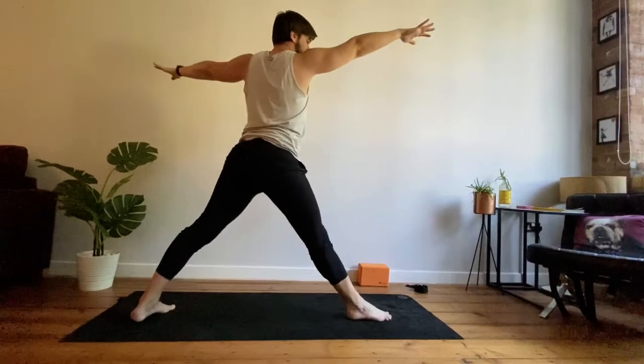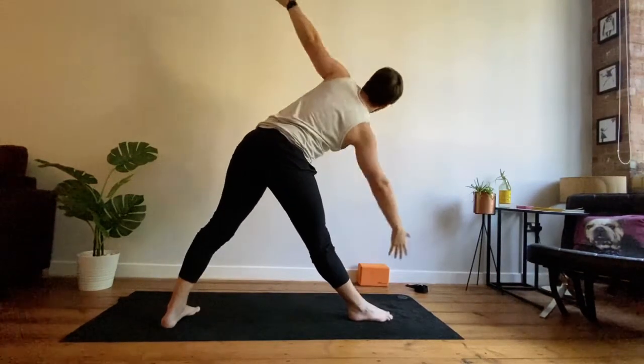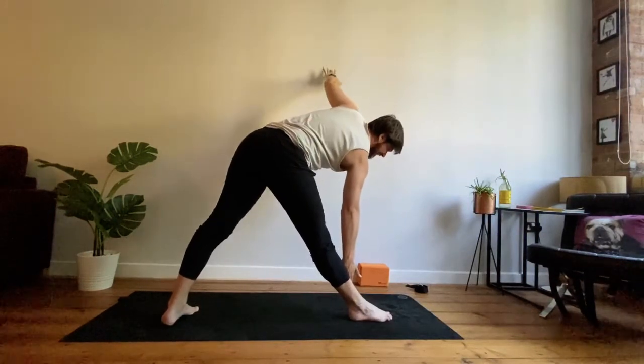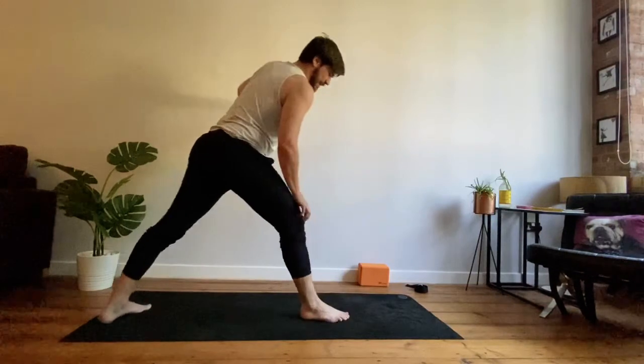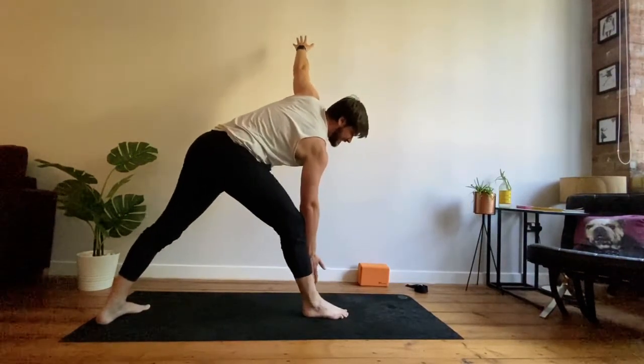Straighten the front leg, back foot a little bit closer, triangle, inhale, reaching forwards. Exhale, bending over, triangle pose. And then setting up for peak pose of the day, half moon, looking to the front and then stepping on